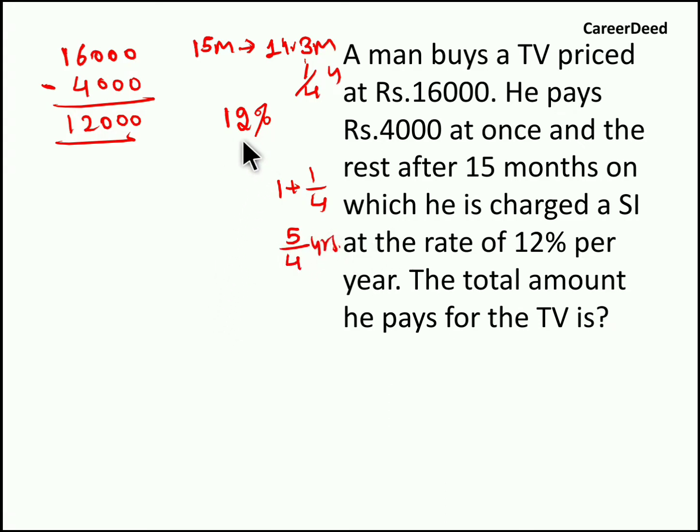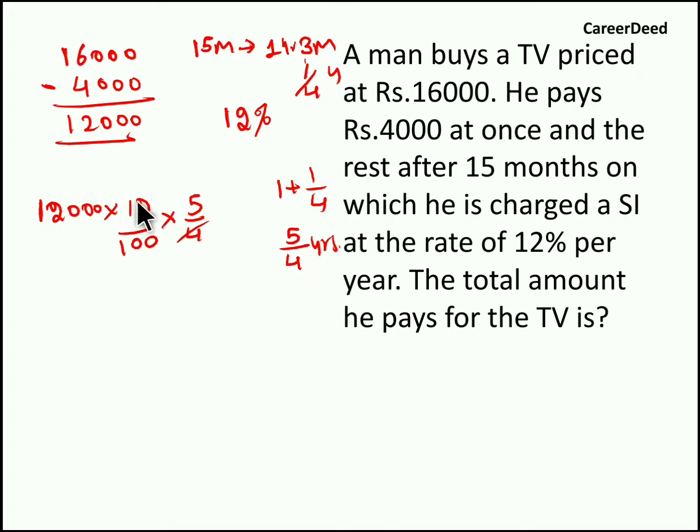Now he has to pay this 12% for 5 by 4 years for the amount 12,000 rupees. So here what we have to do, we have to use the concept of simple interest. So for this 12,000 rupees, he has to pay 12% for 1 year, but actually he has to pay for 5 by 4 years. See, whenever you are getting decimal values, my suggestion is you convert the decimal value into fraction, so that you will feel comfortable in cancelling. Else you have to use the decimal point while dividing, as well as multiply the numerator or denominator by 100. So it is a tedious process, right? So just convert the decimal value to fractions like this, right?